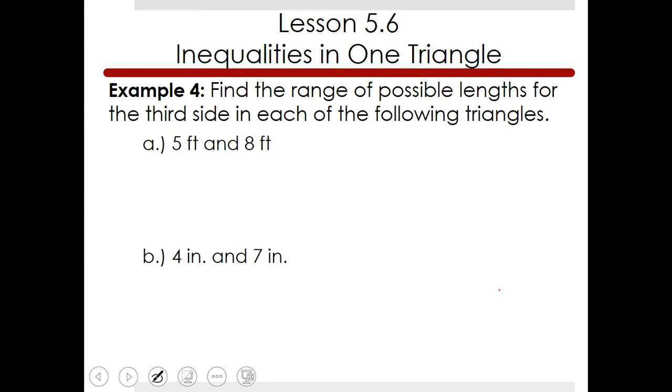Now, for finding the possible range, you do it slightly differently. Find the range of possible lengths for the third side. If I give you two sides and ask what the third side is going to be, there are a lot of answers. The way you find it is the third side, we'll call it x, has to be